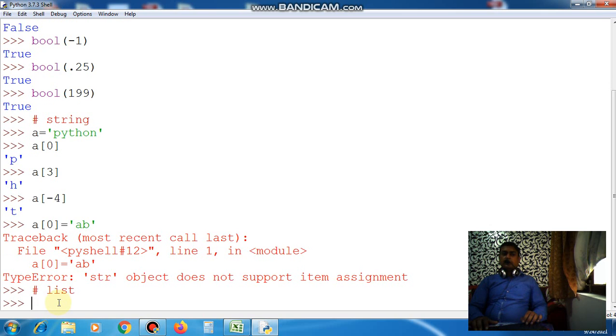Now the second data type is list. What is a list? A list is a form of continuous data that can be stored with a single variable. Let's take an example, a is equal to, when we are using a square bracket, this square bracket will represent that it is a list. This means the computer will understand that this is a list. In this anything you can store,